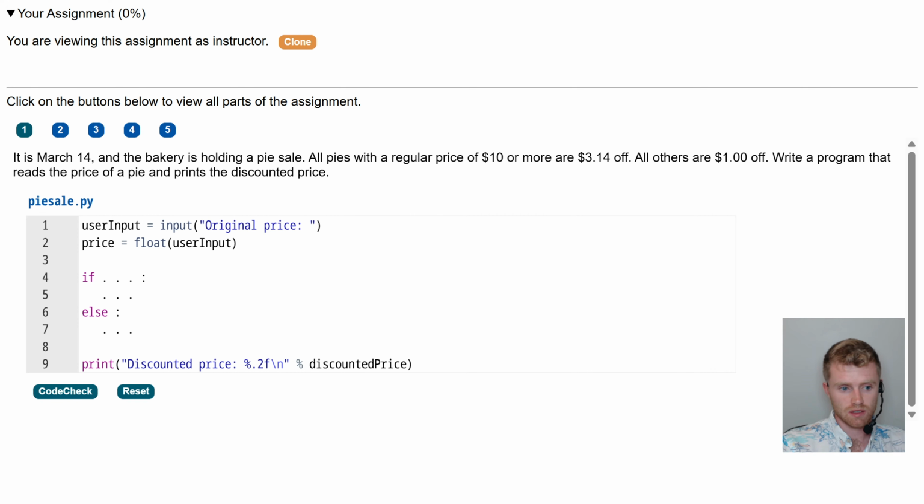Wow, that's confusing. So it is March 14th and there's a sale. Regular price of $10 or more are a certain amount off. Others are $1 off. Alright, so if they want us to complete this if, that's what the ... means here. That's not Python, that's just the placeholder in CodeCheck. So if